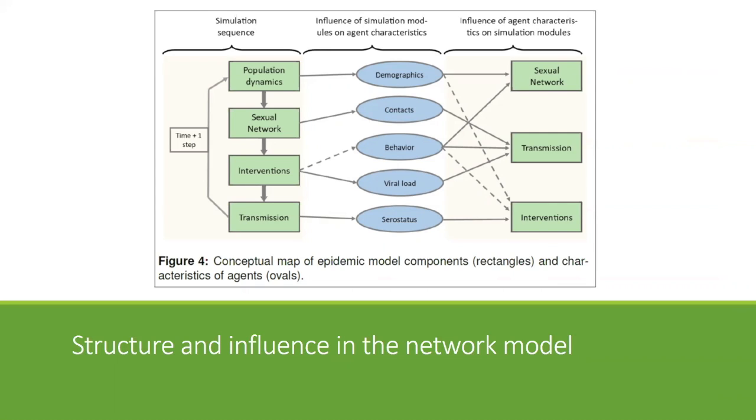But what happens is that any of these bins can influence features of the agents that can then influence what happens in the bins in the next round. So, simple case, population dynamics, aging and entrance to the population affects who you can be connected to in the next round of the network. If an intervention, say, changes someone's behavior, that then affects who can transmit later on if they become more adherent to treatment or something of that nature. So there's this huge amount of interconnection